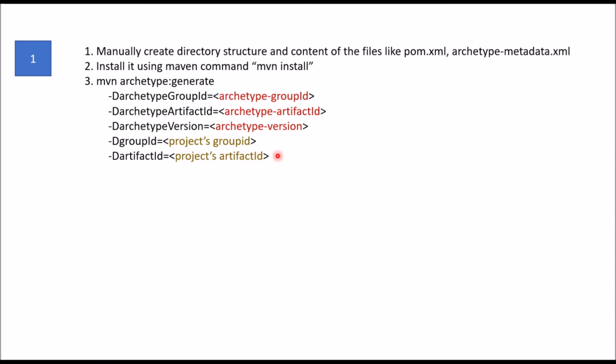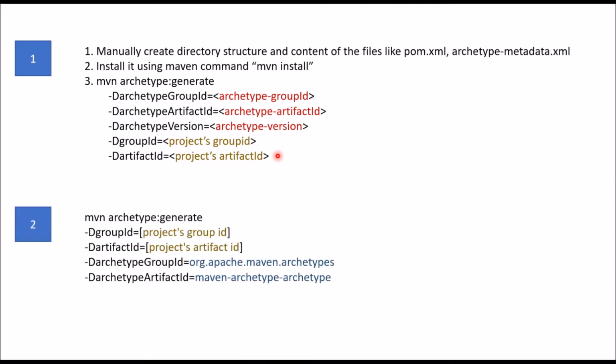The second way, which I prefer, is the use of Maven archetype:create-from-project. So if you see the difference between this command and this command, you can find that for the POM group ID and artifact ID of the archetype, instead of manual creation, we are using the Maven group ID and artifact ID, and on top of it we will put our prototype files and then build the project structure.